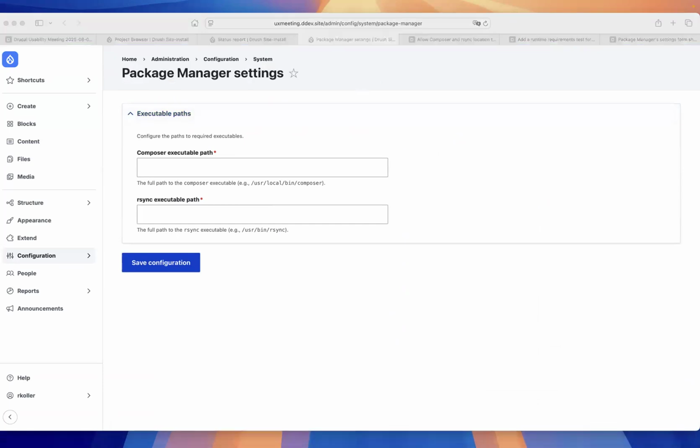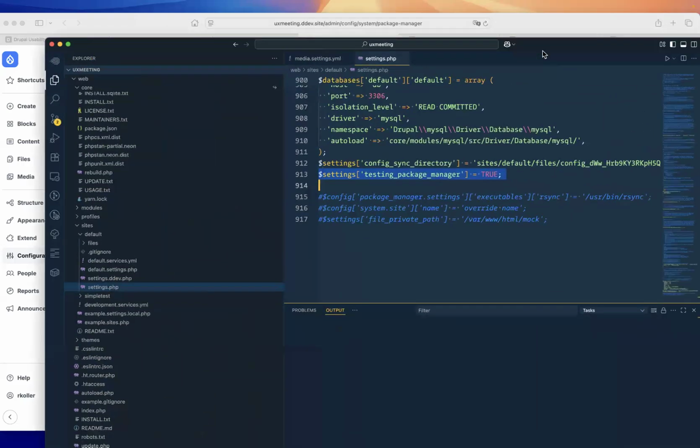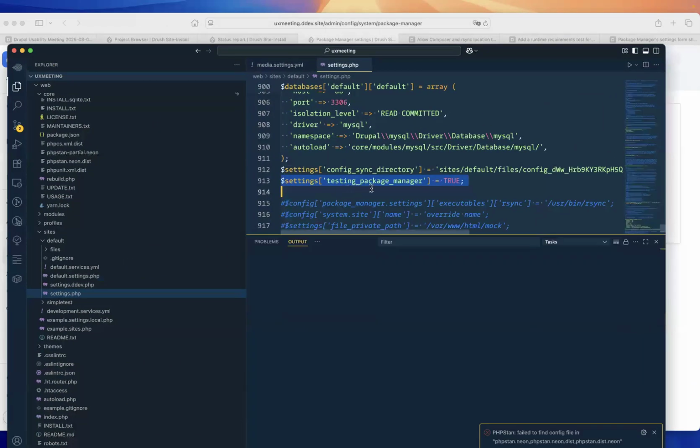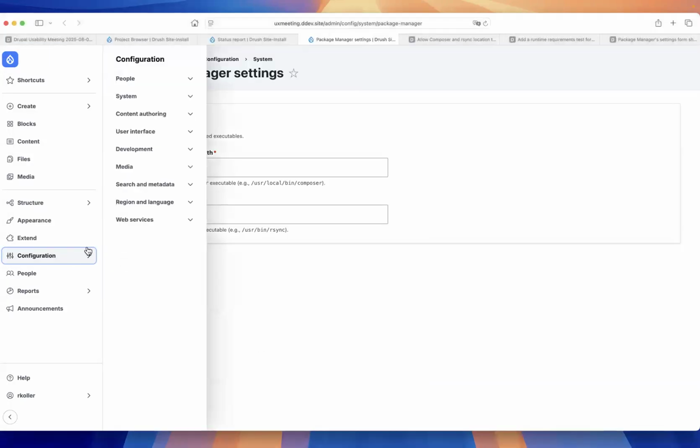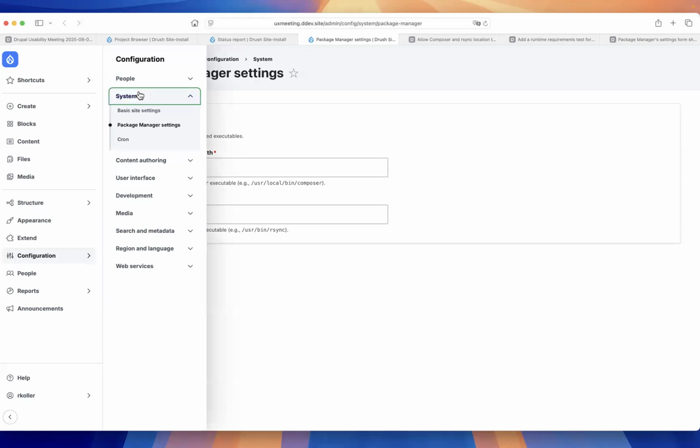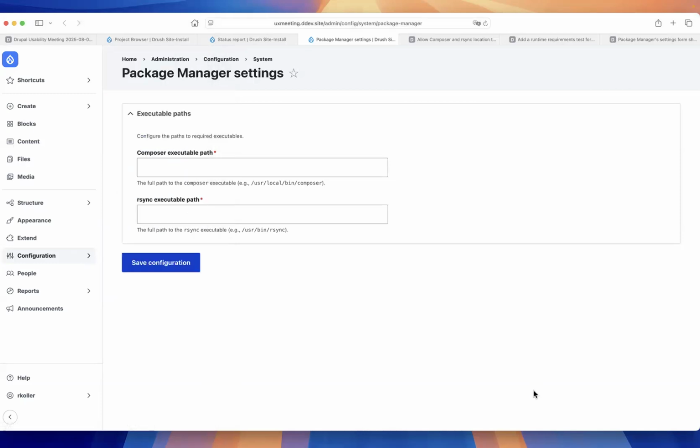When you have Package Manager installed and set testing Package Manager to true in settings, then you get, under configuration system Package Manager settings, the following UI. And back then,